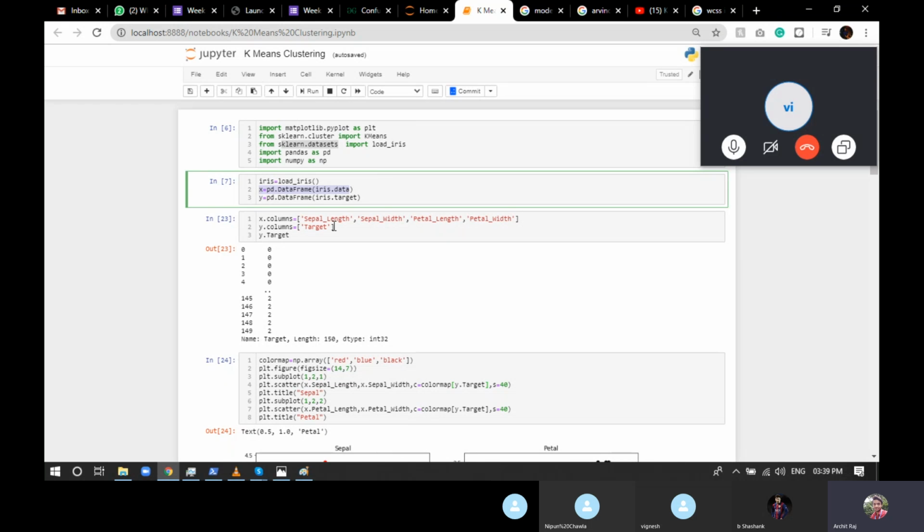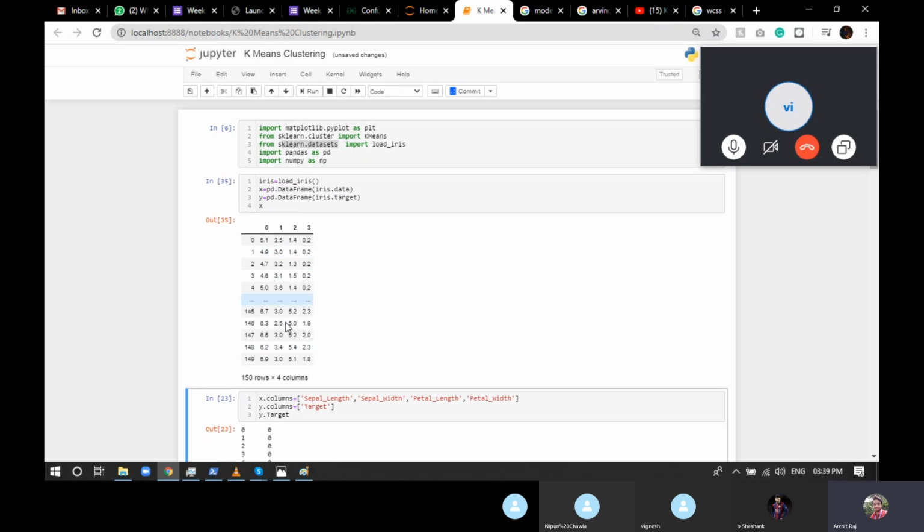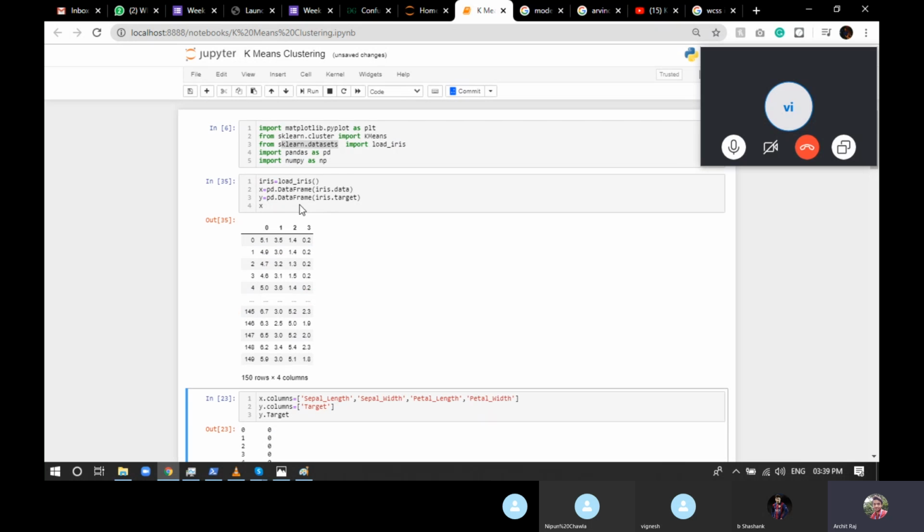The thing is, just to show you that even though we don't specify the columns here, we can do it explicitly also, because if we print x here, let me run this code. Now you can see this particular data. It's data points, but we do not have the columns, because what we used to do was give a comma, columns is equal to sepal length, sepal width, petal length, petal width.